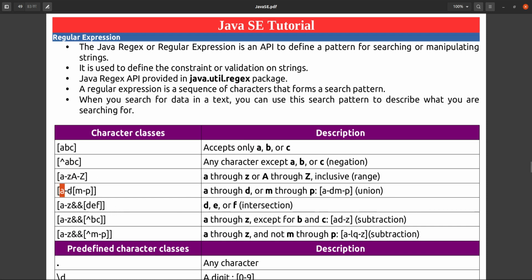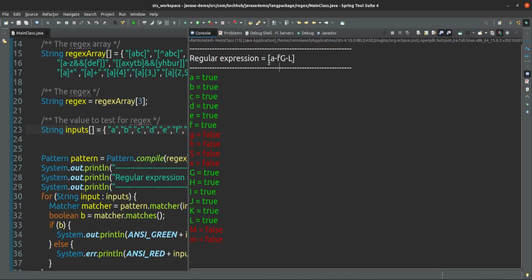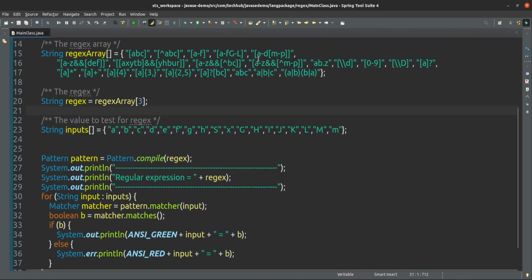Next one is a-d and m-p. What exactly does it mean? This is a union. Union means a through d or m through p, any. Suppose I take the example of the fourth one.